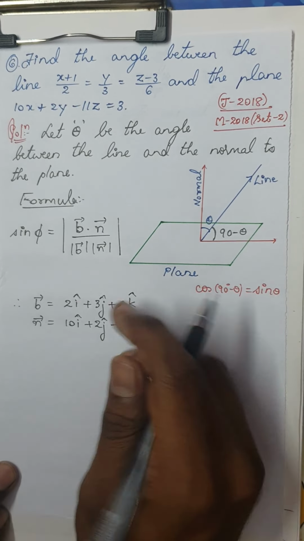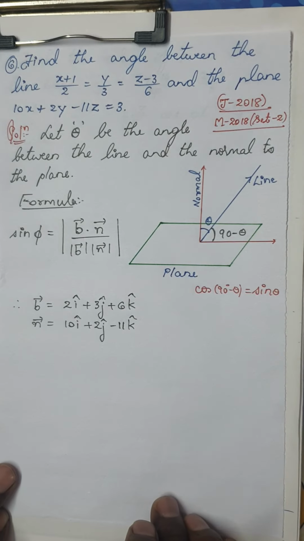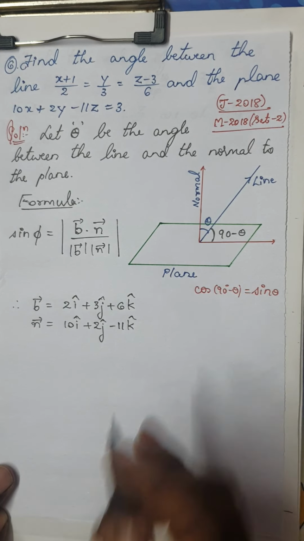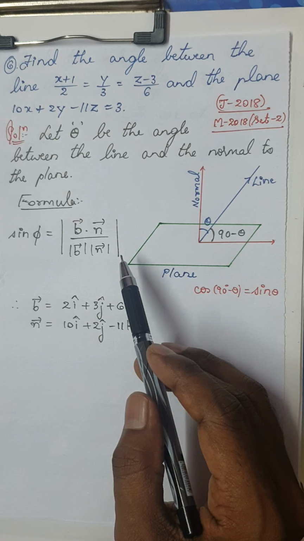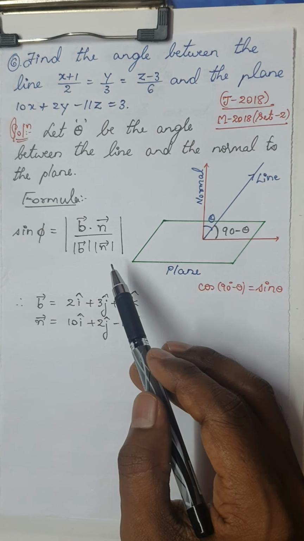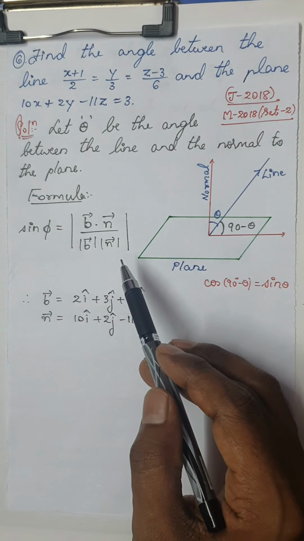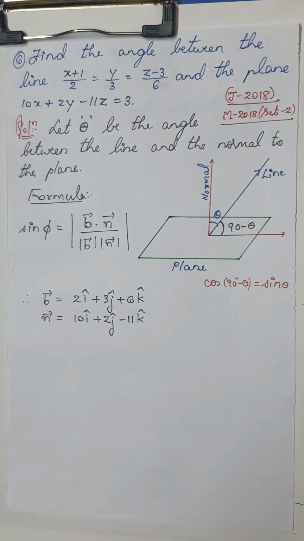Is it clear? If you take the Cartesian form, the solution also comes, you can try it by yourself. The Cartesian form is solved in the textbook. In your textbook, worked example 25, the same question is tried in Cartesian form, sorry, vector form. You can try it there.